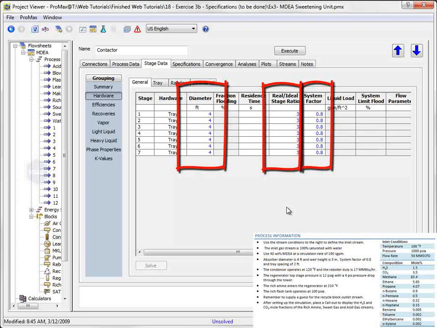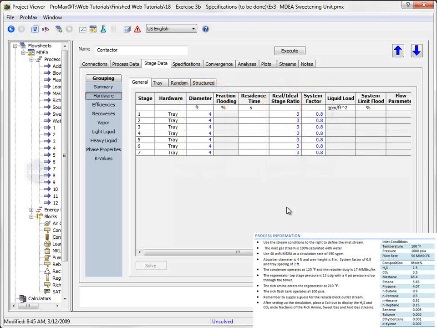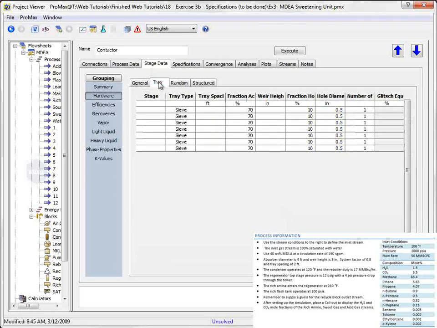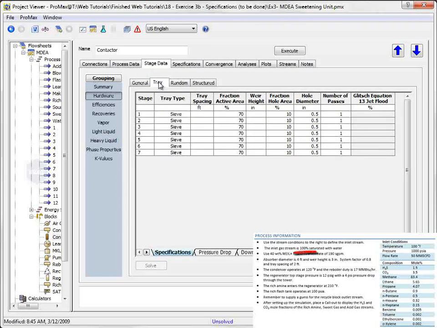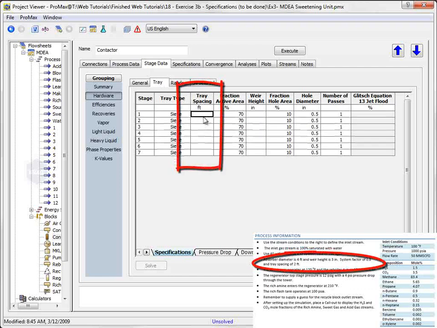For a trade tower, leave the residence time blank to allow Promax to calculate what it will be for your specific case. If you have verified data that indicates it is different than Promax predicts, then you may overwrite the values given by Promax. Switching to the tray tab, I can set the last information required, the tray spacing at